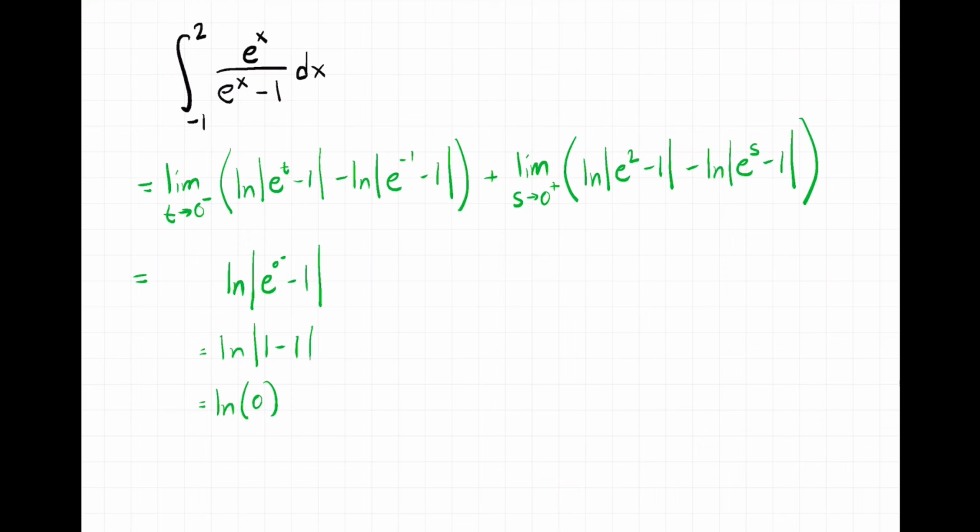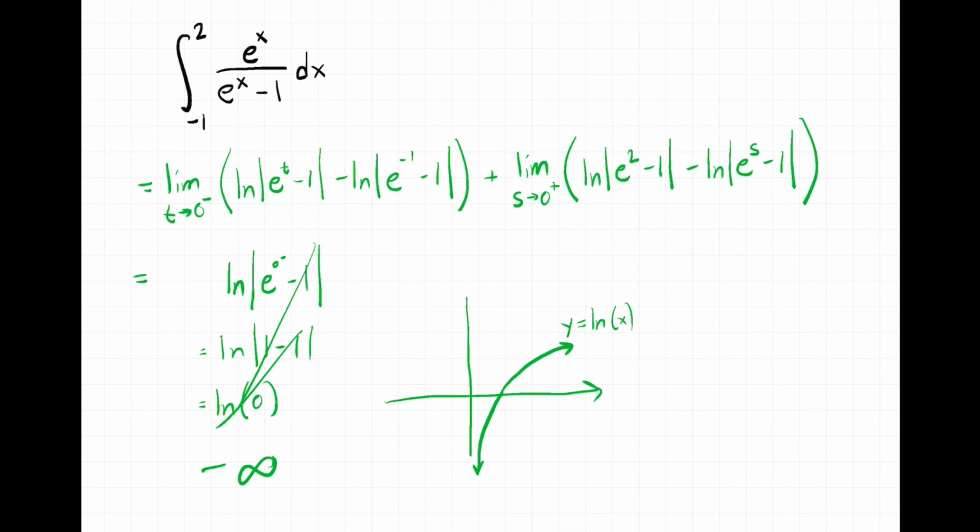So what is that? Well, it helps to remember the behavior of the natural log function, what that function looks like. That function is the inverse of the e to the x function. The question we should be asking is, what power can I put on e to get 0? Well, there is no power we can put on e to get 0, right? This function is going to look like this. This is y equals the natural log of x. And in fact, the limit as x approaches 0 of the natural log function is actually minus infinity. So this is actually going to give us a minus infinity here